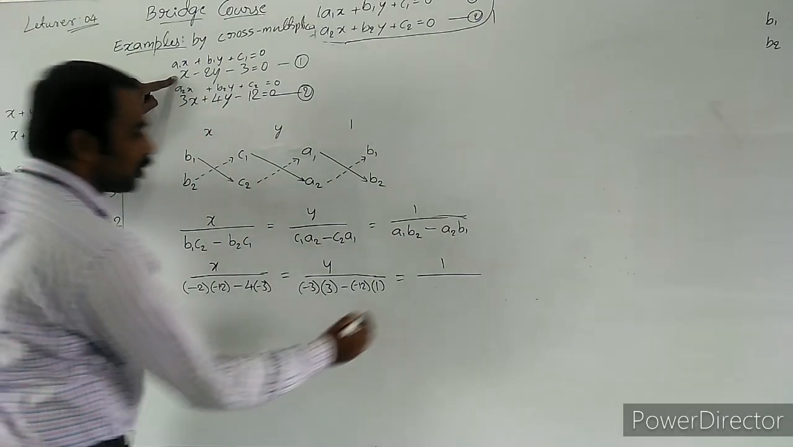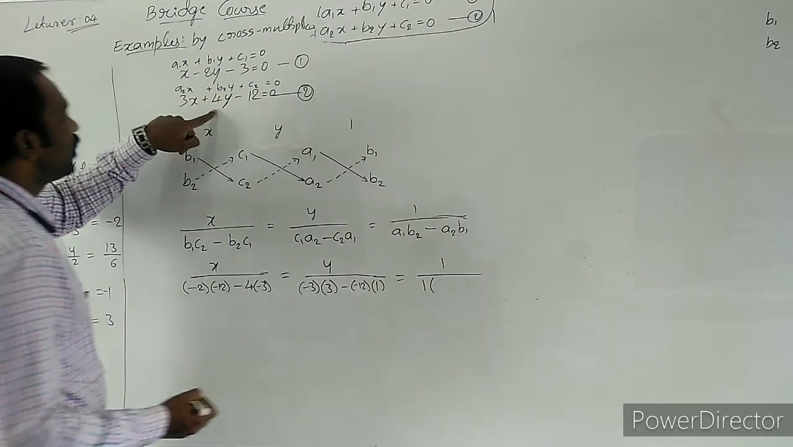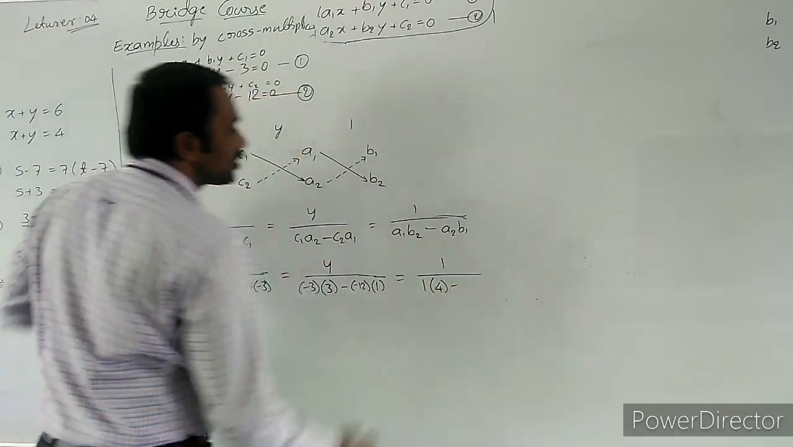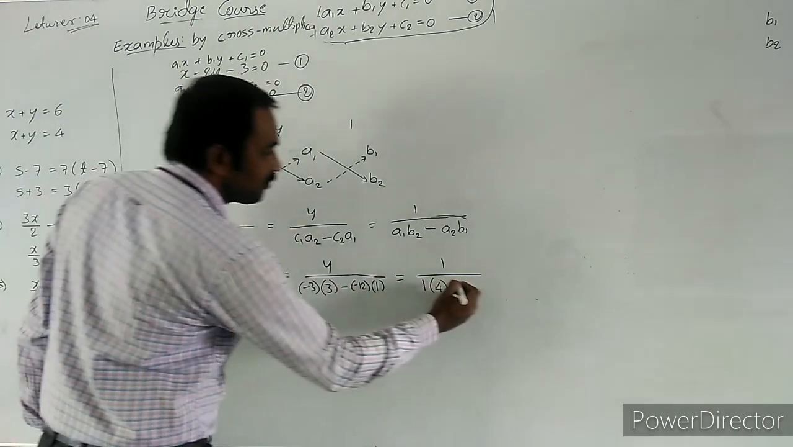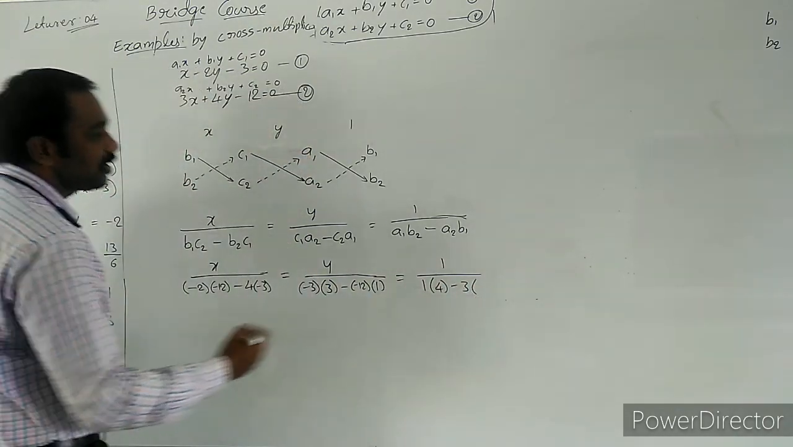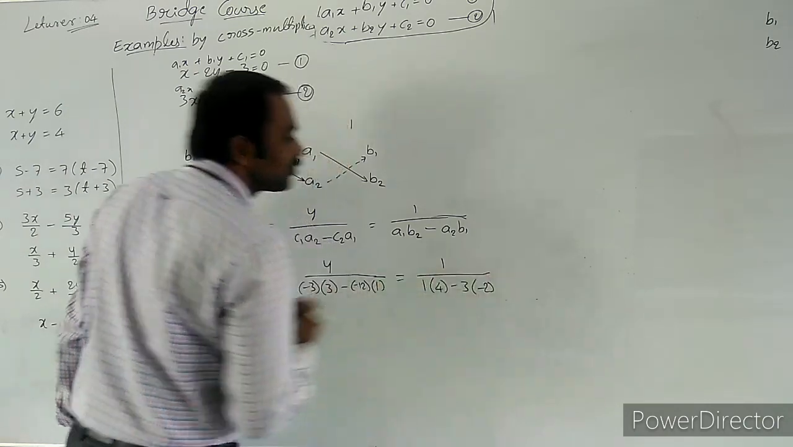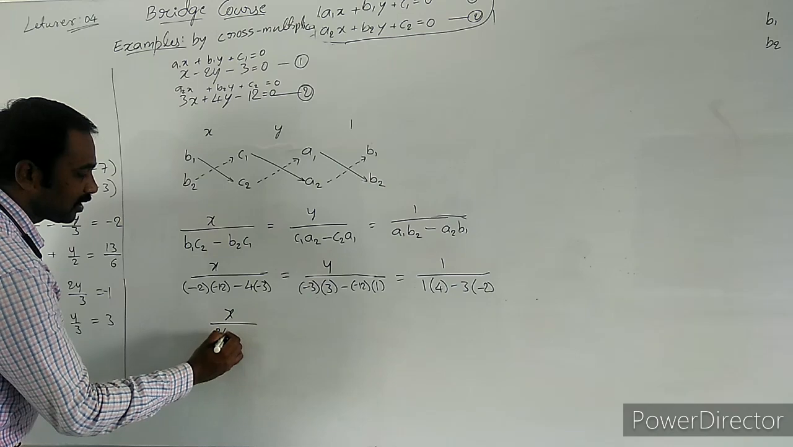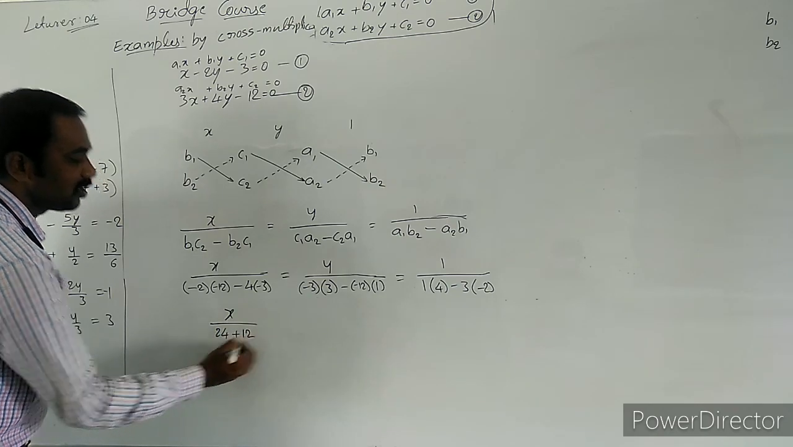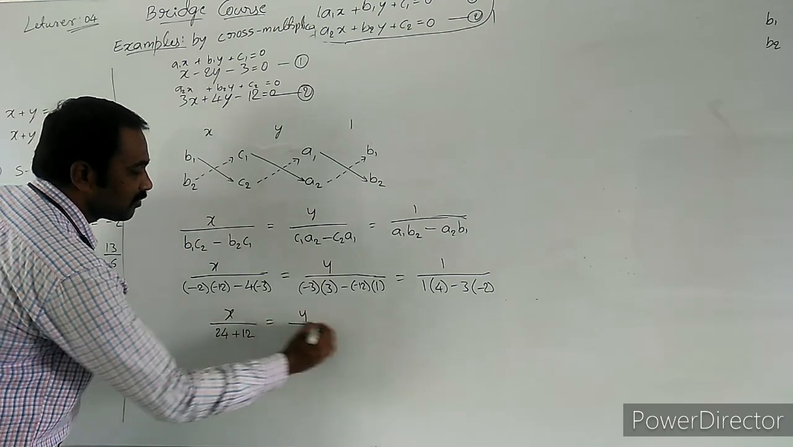A1 is nothing but 1. 1 into B2 value is 4, minus A2 B1. A2 value is how much? 3. 3 into B1 value is minus 2. So simplify. X divided by 24 plus 12 is equal to y divided by